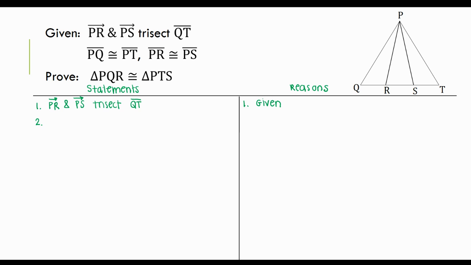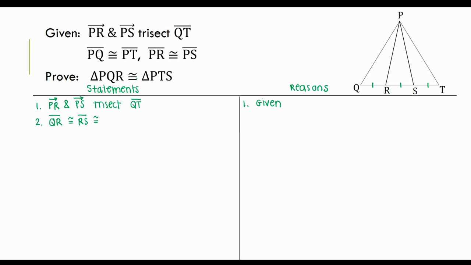The fact that we're talking about trisect means that we're dividing into 3 equal pieces. If we are looking at a segment, that means that we have 3 congruent segments. Notice that the segment QT is down at the bottom. If I look at the smaller segments, that looks like it's QR, RS, and ST. Now, it is going to be important that we name these correctly. So QR is congruent to RS, which is congruent